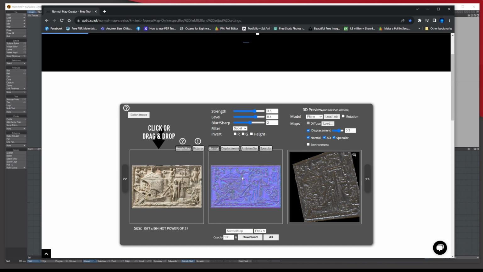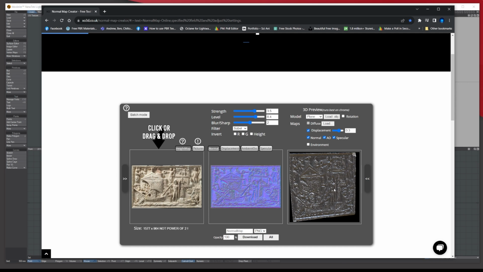Okay, but what you would do is go through this, find what you think looks good for your normal map, and then simply come down here, and this one's obviously called normal map. Now you can save them all, but don't, because it names them all the same.